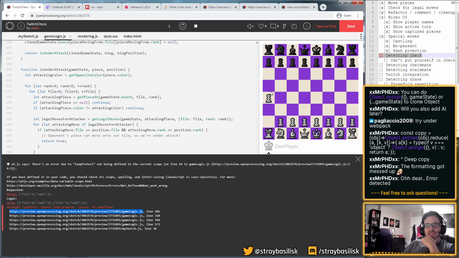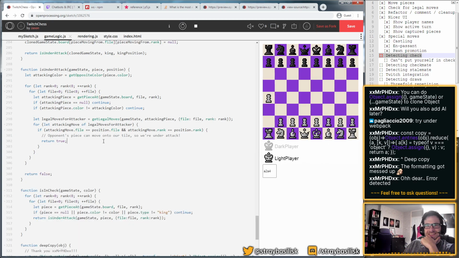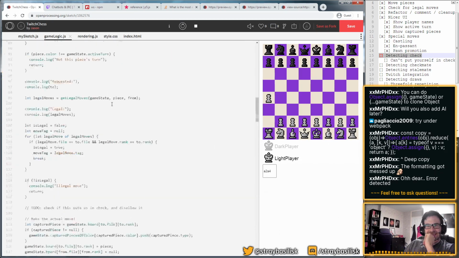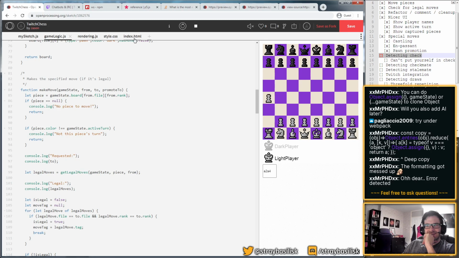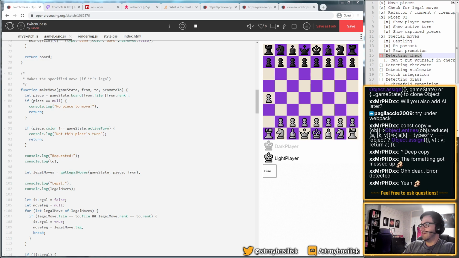You know what? Shall we jump ship to not running this in this editor? Maybe it's the time, right? It's the time, because we're wasting time on all this debugging that would be infinitely easier if I could just use the browser stuff. It's nice for prototyping, but at a certain point, it's just a massive pain in the ass.